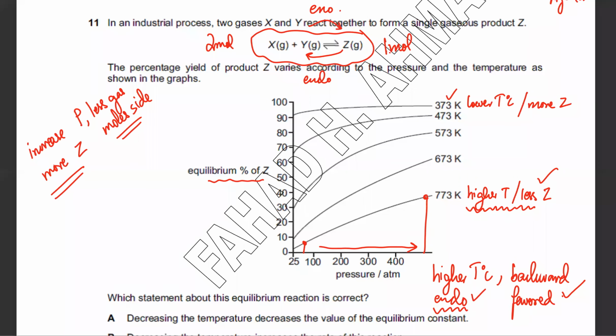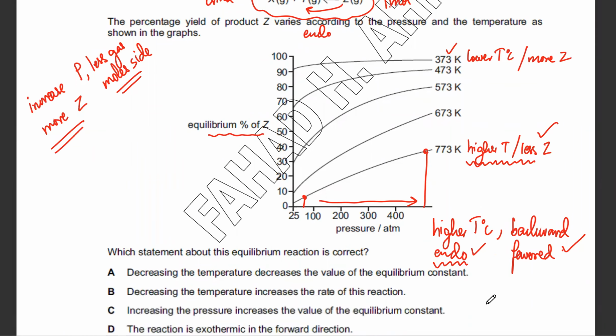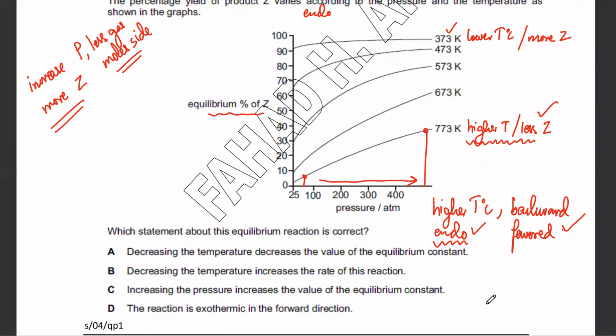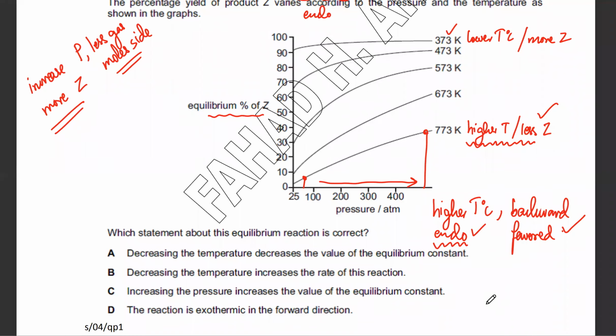By looking at the graph we're able to figure out which one is endo, which one is exo, क्योंकि पहले हमने figure out किया from the graph that a higher temperature favors the backward reaction, क्योंकि Z कम बन रहा है higher temperature पे. And we also know from Le Chatelier principle that higher temperature favors the endothermic reaction, so if you join the dots, वो backward reaction ही endothermic था, इसलिए higher temperature को favor कर रहा था।